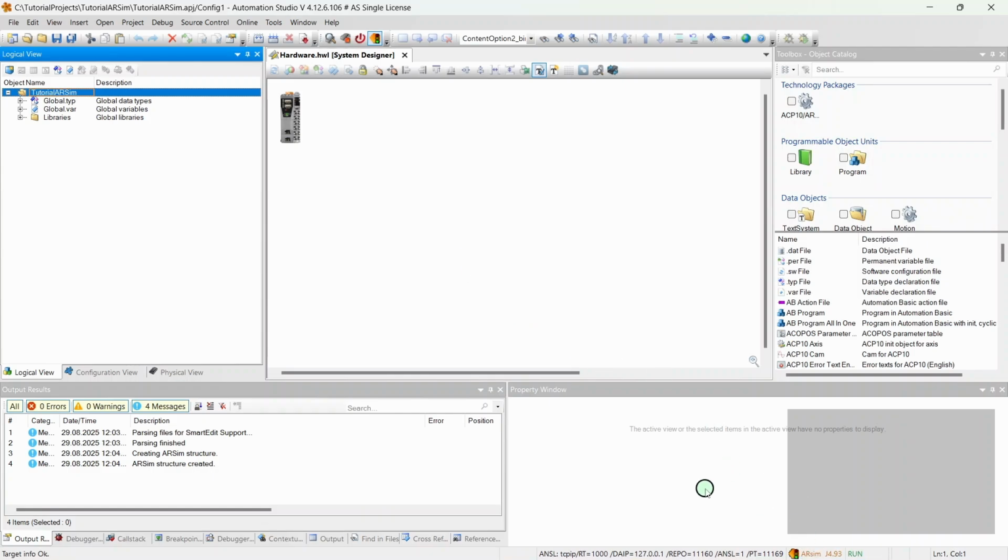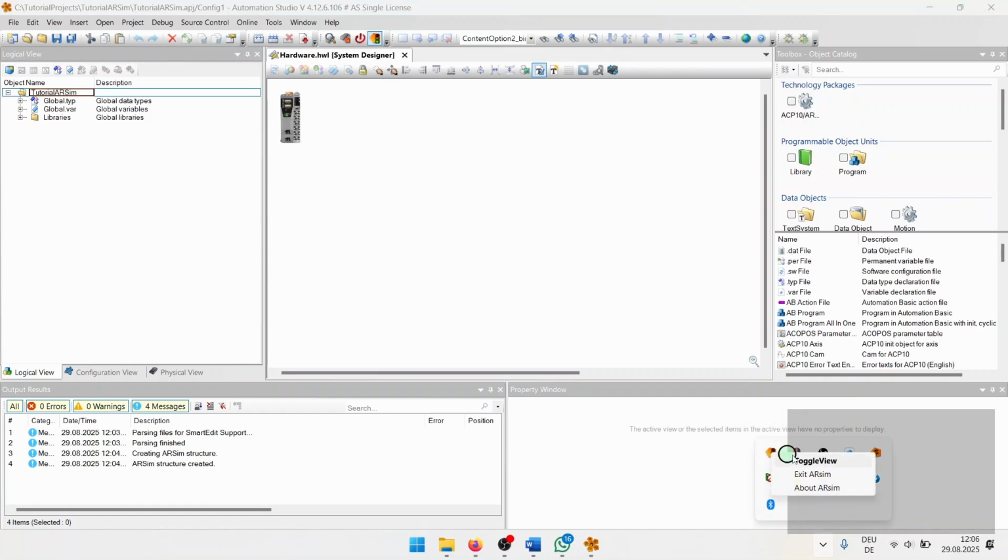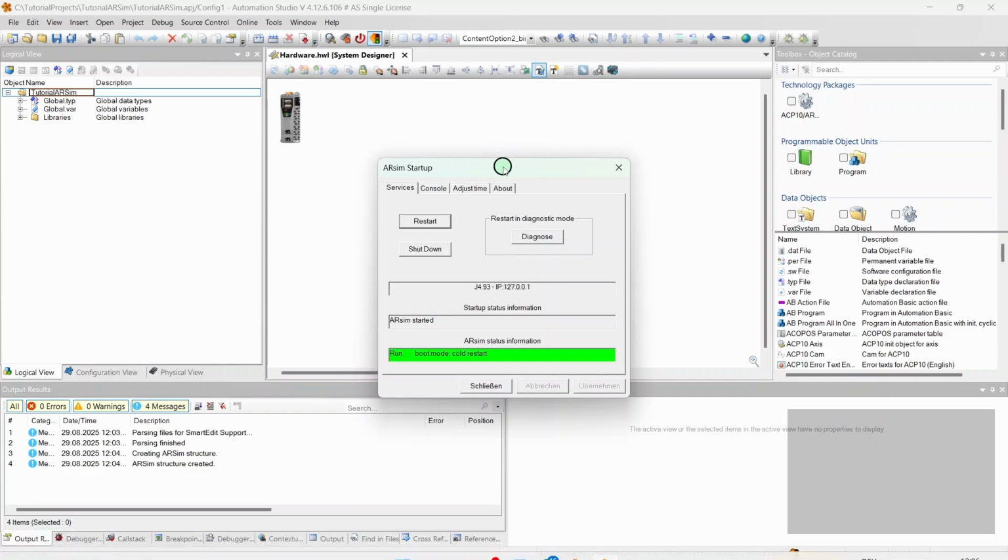We can also do this in a second way. We can go to our Windows bar. We can expand all the other symbols, and then we can see a symbol here for our ARsim environment. You can right click here and toggle the view, and then we can also see the state of our ARsim environment. And we can also, for example, shut it down. You can see here in Automation Studio it's offline now, and we can restart it. It will take a couple of seconds. It's restarted, and we can see already in the Automation Studio it's started and it's connected and it's in run